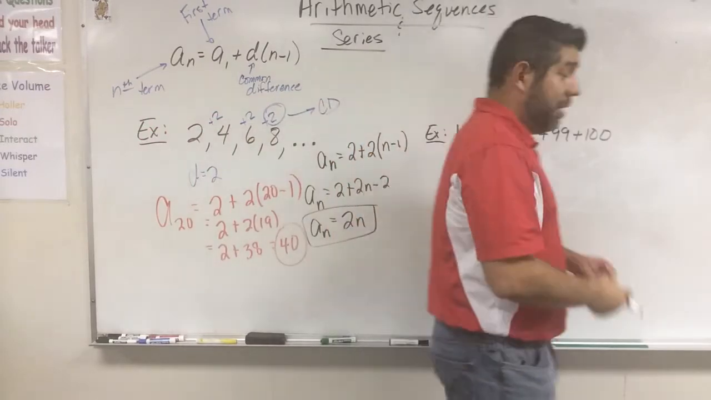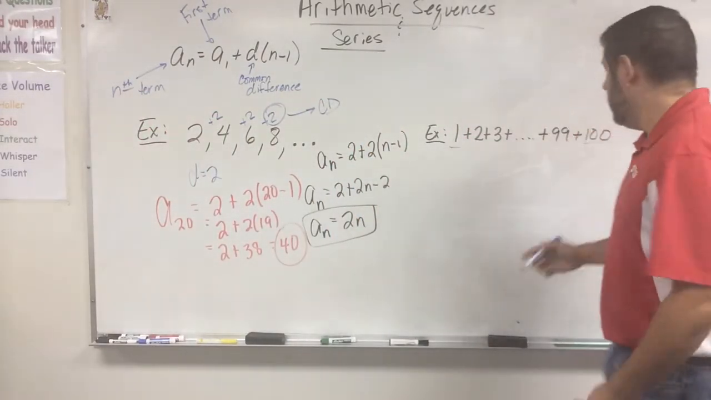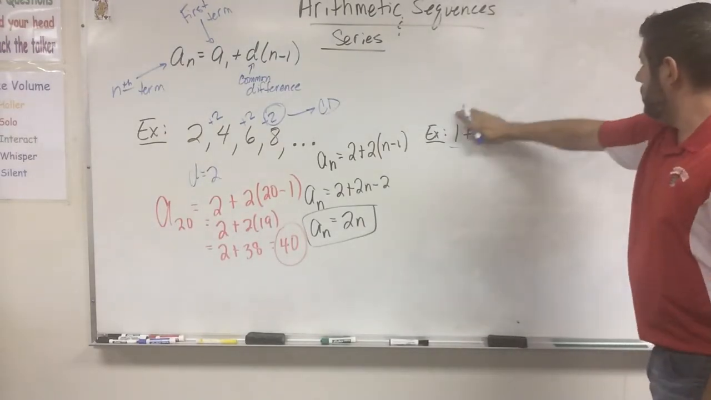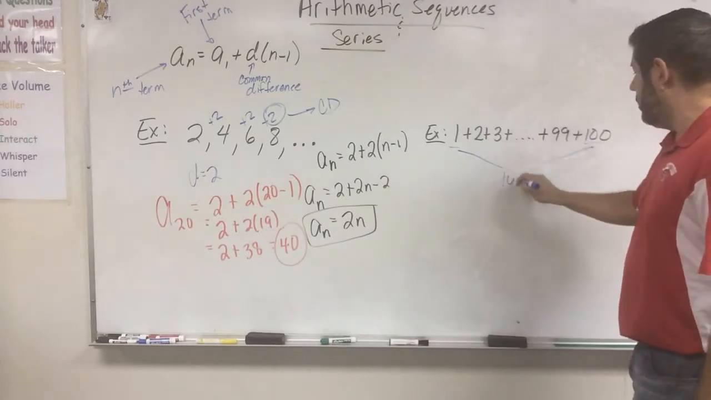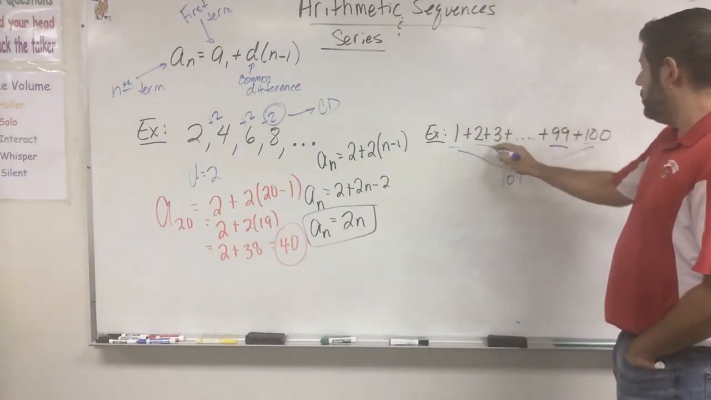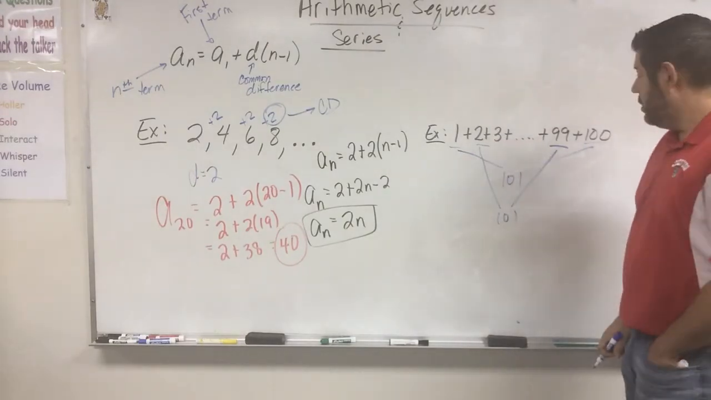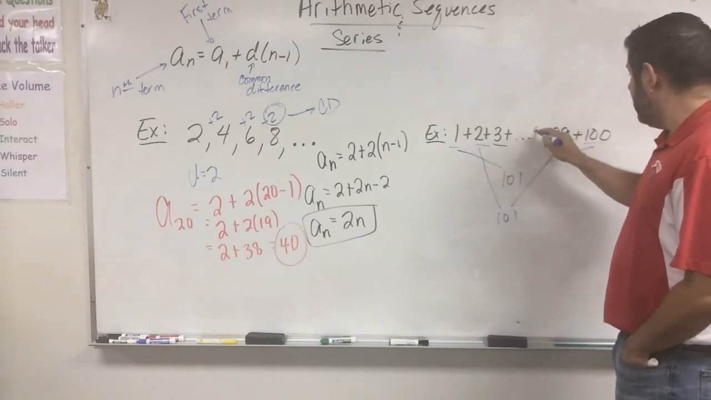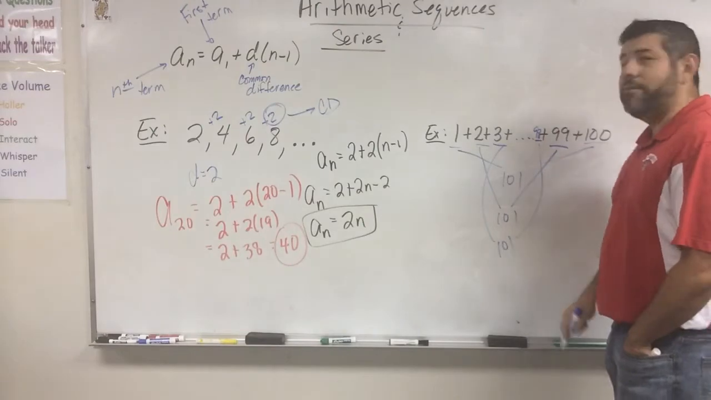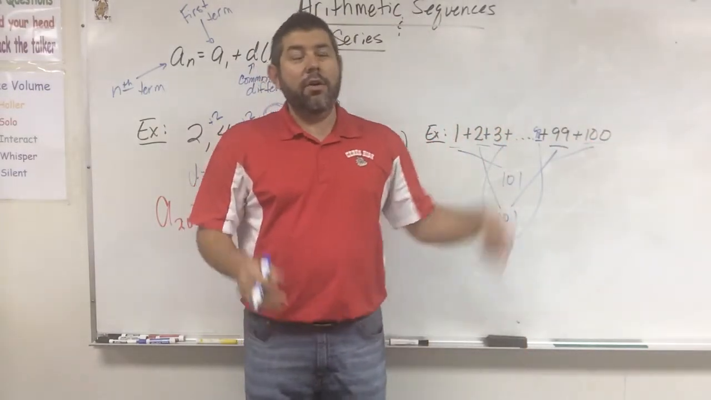But he says, I see that 1 plus 100, if I add those two up, do it this way here, I get 101. And if I add 99 and 2, that's also 101. And if I add 3 and 98, you know what? That's also 101. In fact, I can add each of those end pairs, and they're all going to be 101,